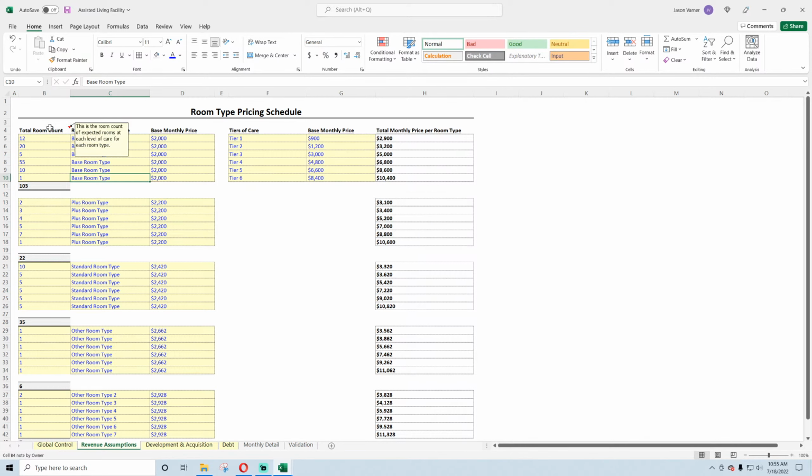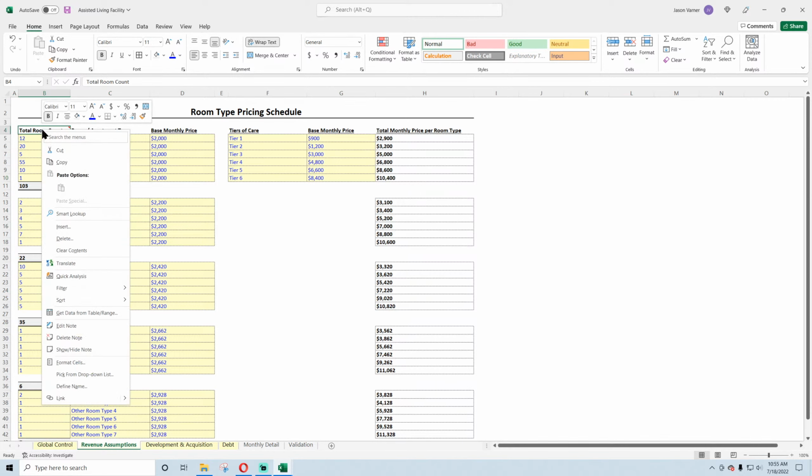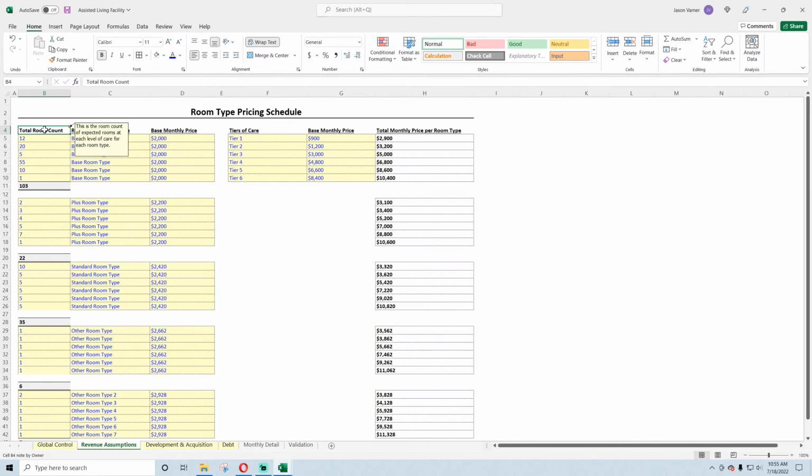This is a room count of expected rooms, and that this assumes maximum capacity. Now, actual capacity we can put over here. Well, first of all, we can put